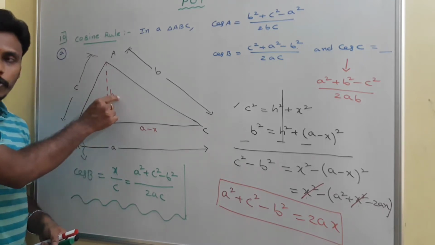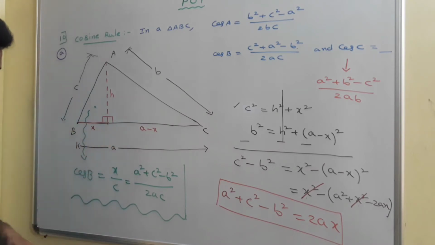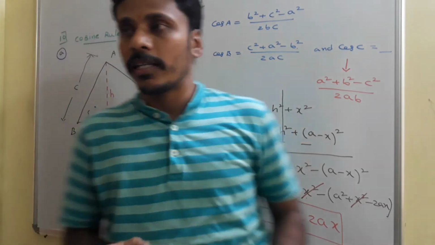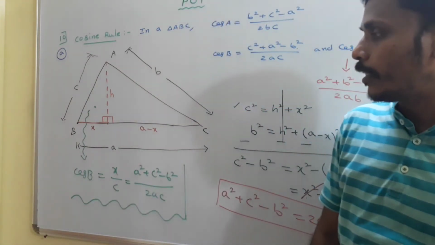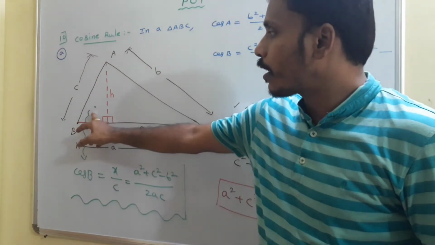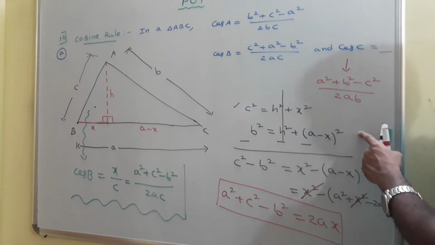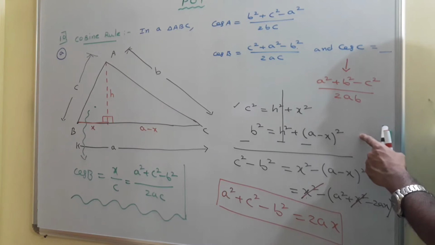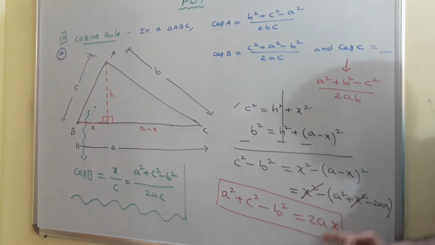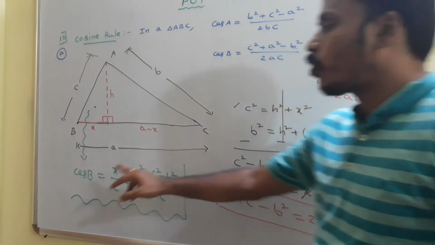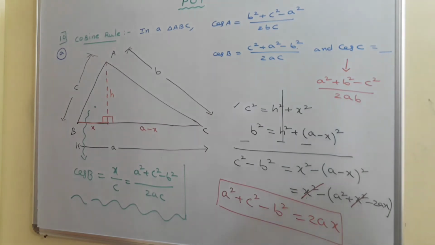Here it is h. And this altitude is dividing the base into two parts. If you say one part is x, then the other part is a minus x, because the total length is a. And we know from the Pythagorean result that c square is equal to h square plus x square, and b square is equal to h square plus (a minus x) whole square. So, to eliminate h, do subtraction. From there you get x. Use this x to write cos B, and cos B is this. Just have a look. Go for a screenshot.